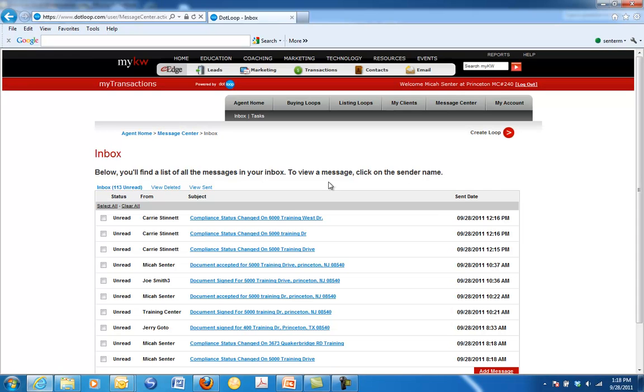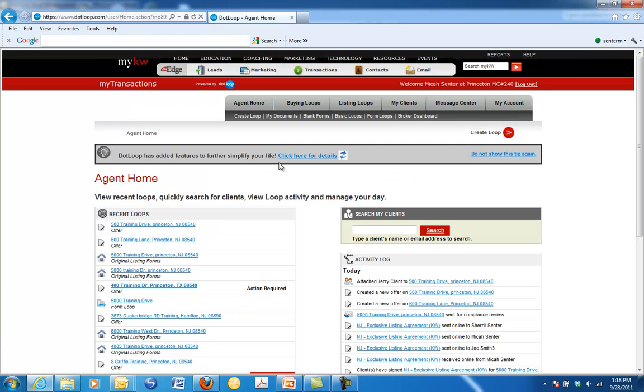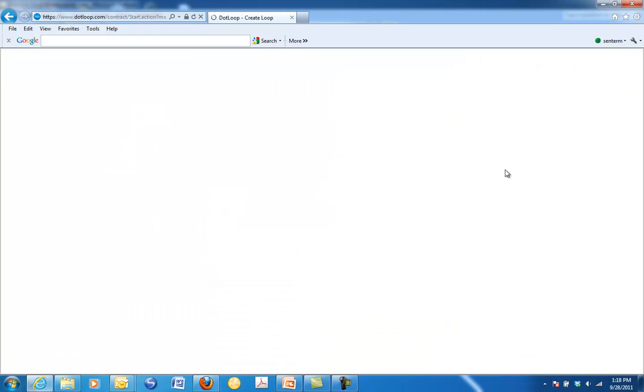I always like to go to the home screen, so I always click Agent Home. It's important to stay in this area below the red right here. If you go up here and you start clicking back, it's going to mess the system up. So you always want to stay in this realm when you're navigating the system. And so we are going to go up here to create a loop. Click Create Loop,